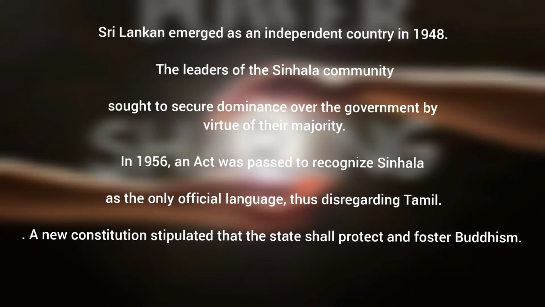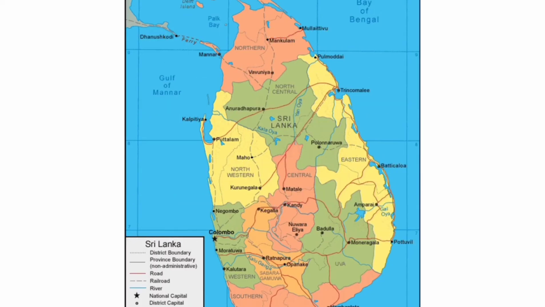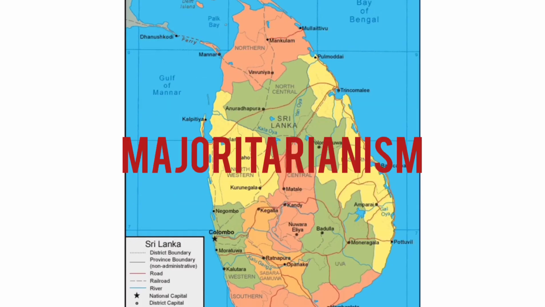So these were the majoritarian measures adopted by the Sinhalas, a series of majoritarian measures to establish Sinhala supremacy. We should know the word majoritarianism: a belief that the majority community should be able to rule a country in whichever way it wants, by disregarding the wishes and needs of the minority. So there is no political right for the minority groups.